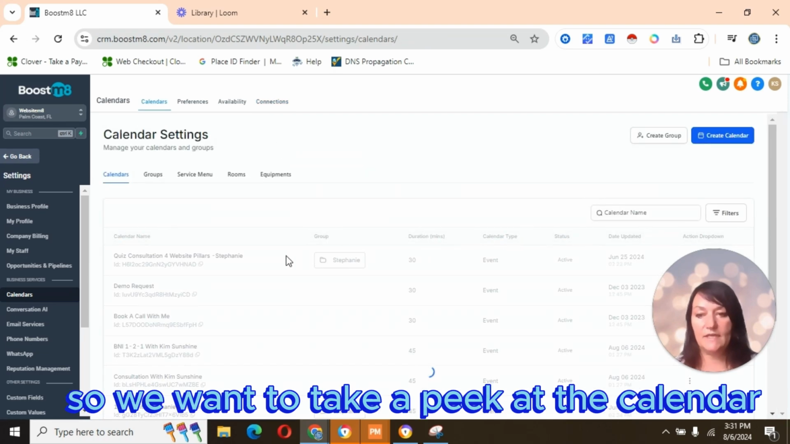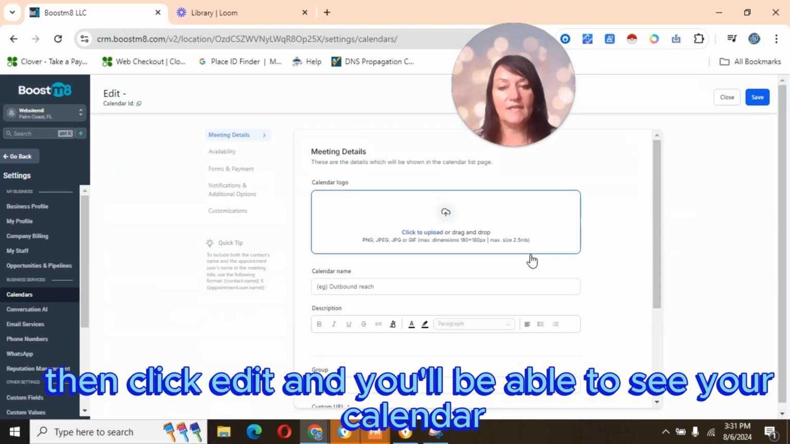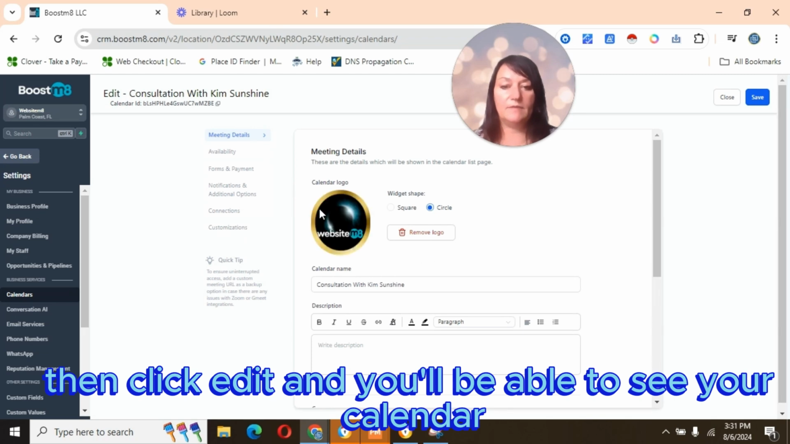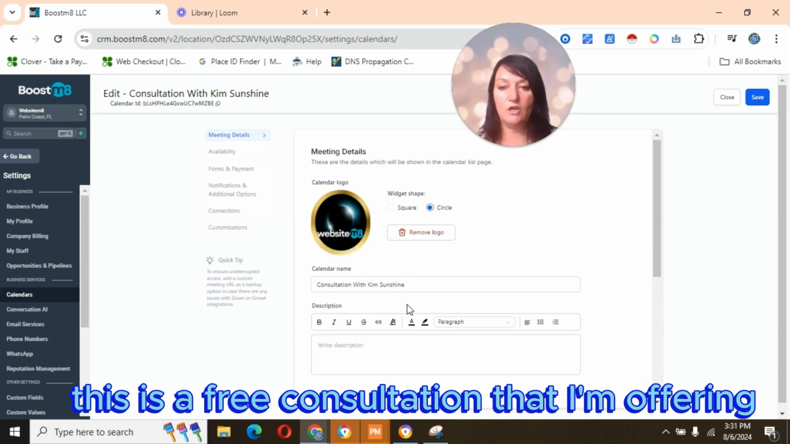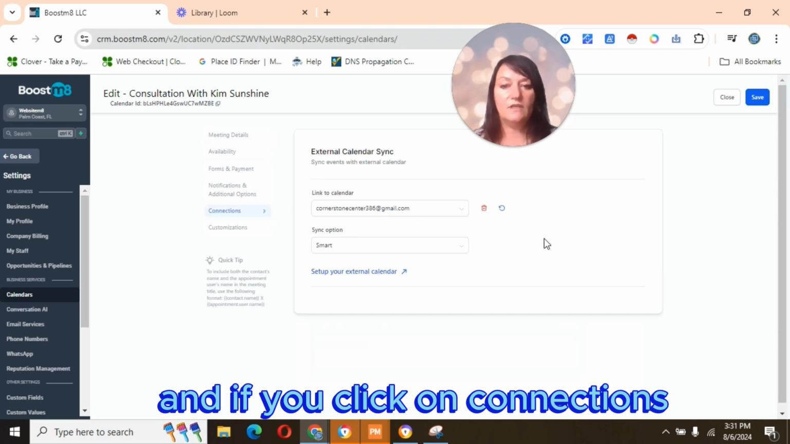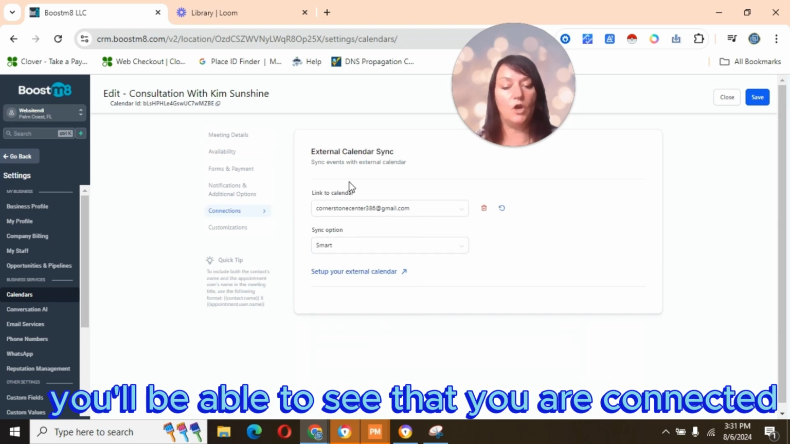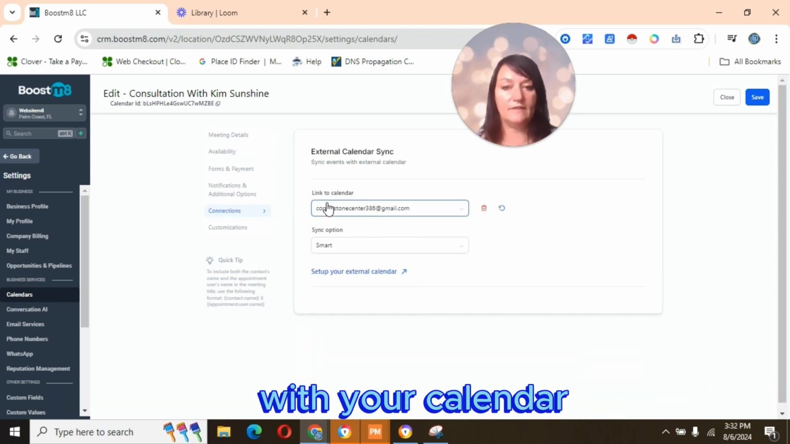If you want to take a peek at a calendar, click the three dots, then click Edit, and you'll be able to see your calendar. This is a free consultation that I'm offering. And if you click on Connections, you'll be able to see that you are connected with your calendar and where